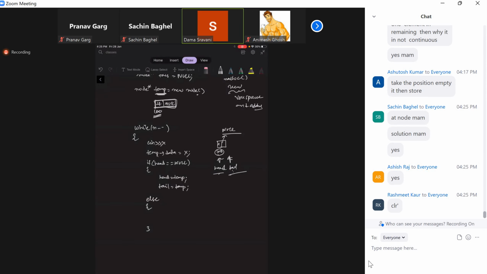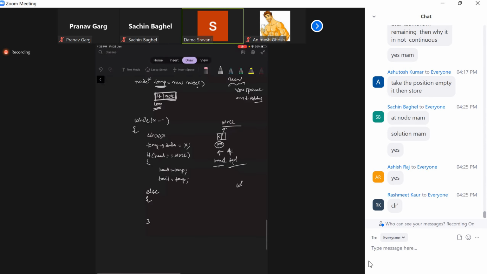I know a tail. New element, I want to insert it after tail. What I did temporary, now I have stored data also. What I'll do is, temporary, I have stored the data. Okay. What I'll do is, tail of next is equal to,